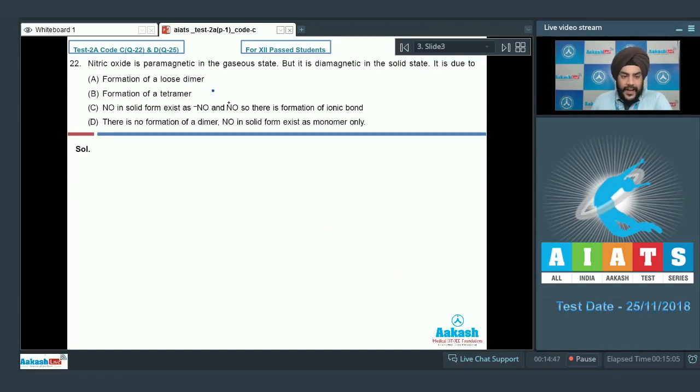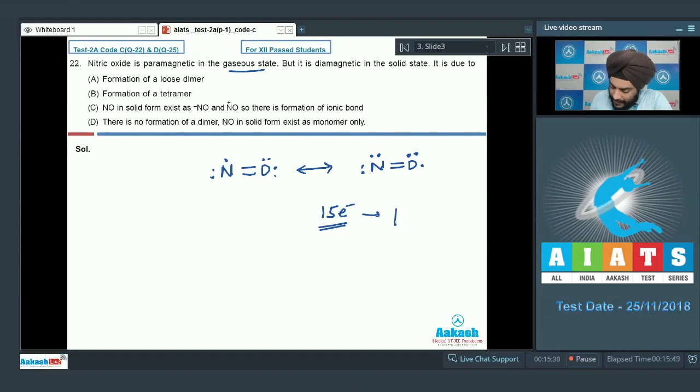Question number 22. Nitric oxide is paramagnetic in the gaseous state. Students, if we draw the structure of nitric oxide, we have an odd electron species. So we can either have the odd electron over nitrogen or we can have the odd electron over oxygen as well. These will be the two resonating structures. So NO has 15 electrons in its orbitals and it is an odd electron molecule. So it will be paramagnetic